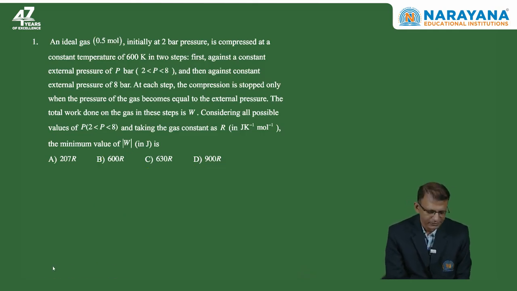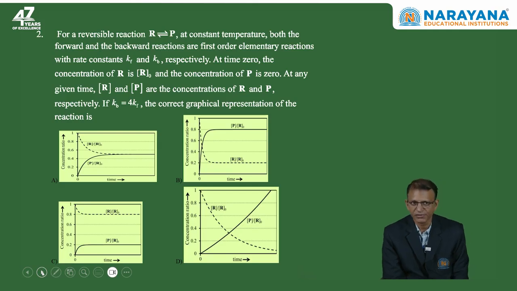Next problem. For a reversible reaction, R will form product at a constant temperature. Both the forward and backward reactions are first order elementary reactions with rate constants K forward and K backward respectively. At time t is equal to 0, the concentration of R is R0 and the concentration of P is 0. At any time t, R and P are the concentrations of R and P respectively, and Kb is equal to